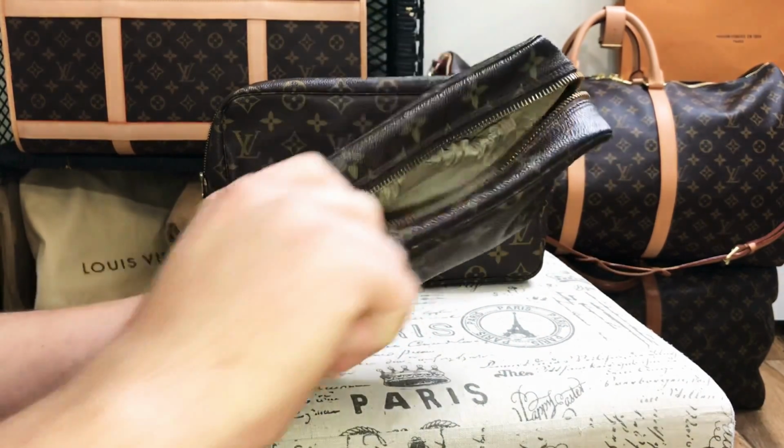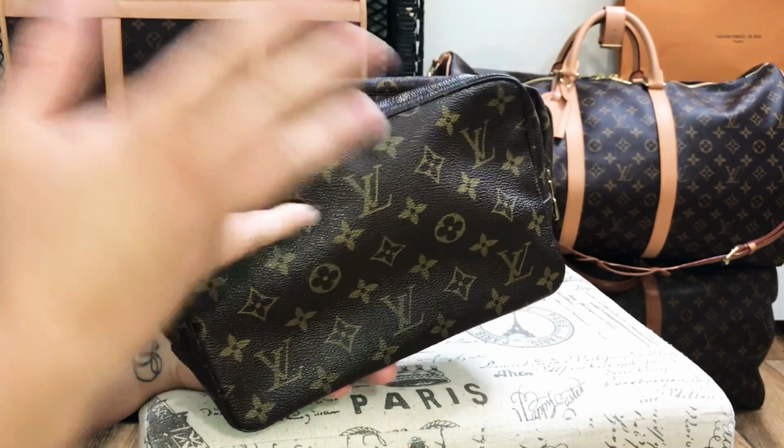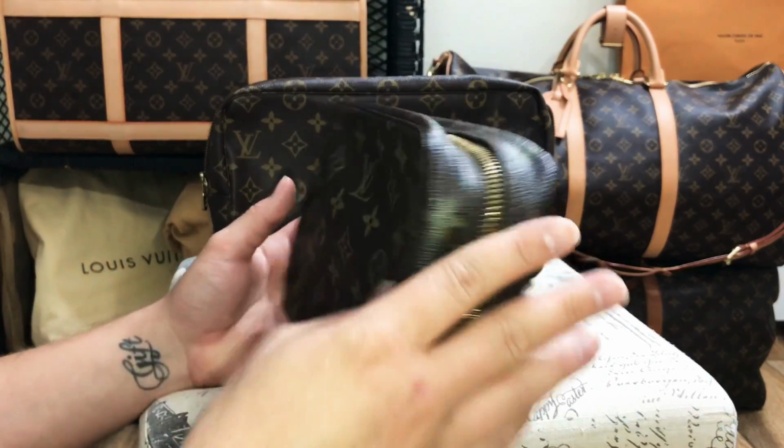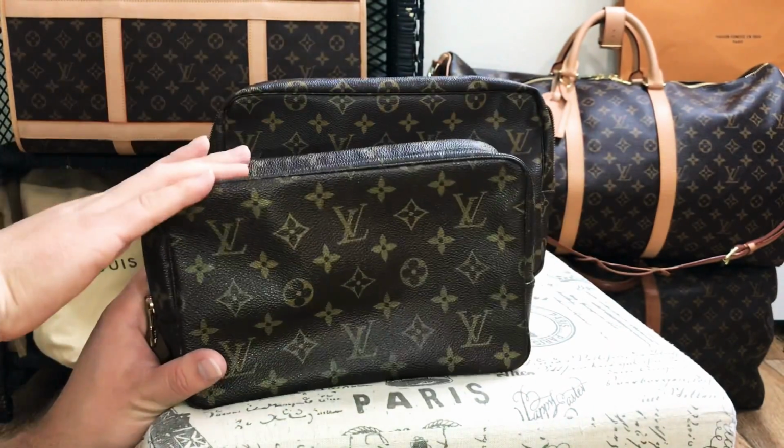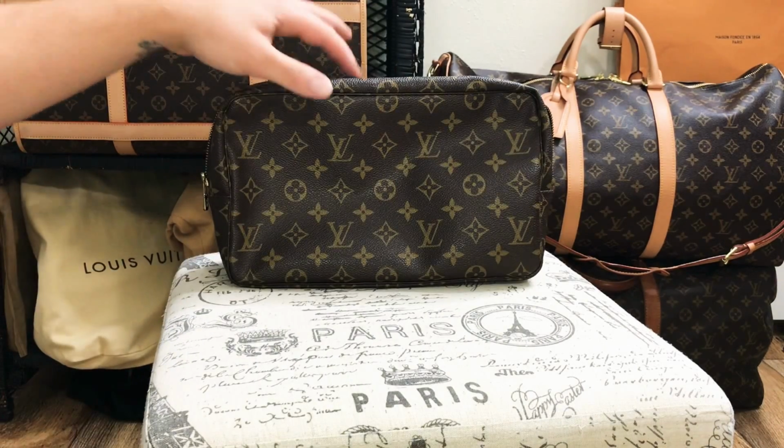They're specifically made for travel. Although I have used this as a little carry-around or a clutch. Like, if you don't want to use a bag or a purse and you want something compact, this is a perfect size. So let's go ahead and get this one out of the way, and we're going to touch on